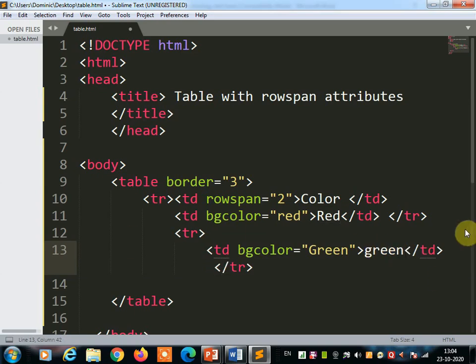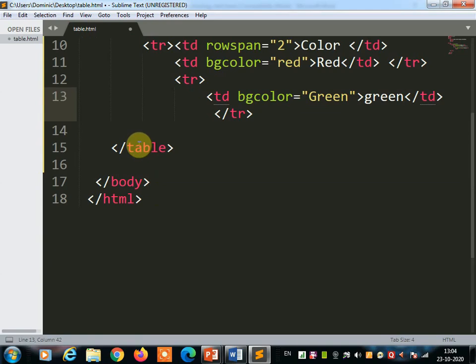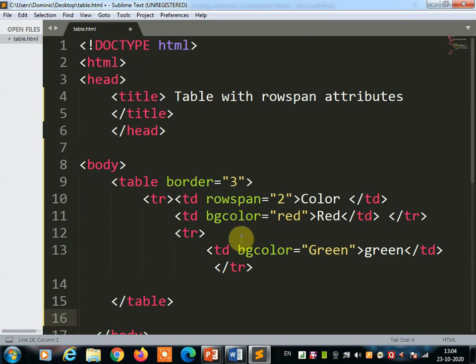Okay, close the td tag and close the tr tag, then close the table tag and close the body tag. So this is your program to create a table and merge the row by using the rowspan.